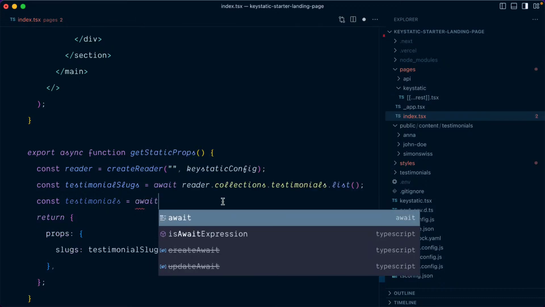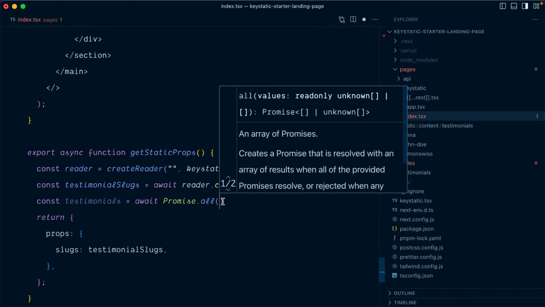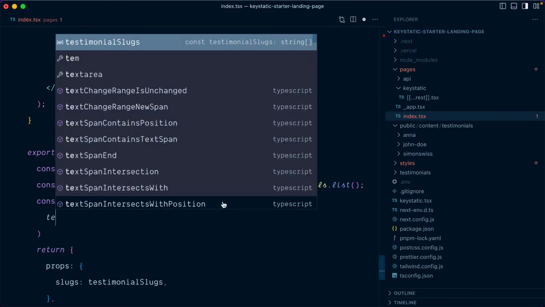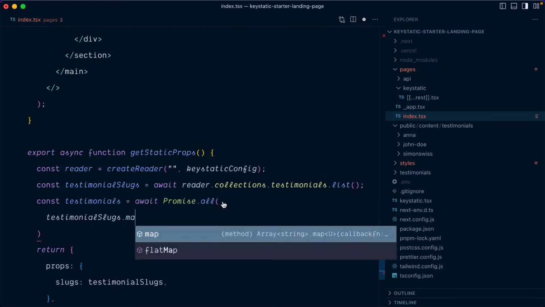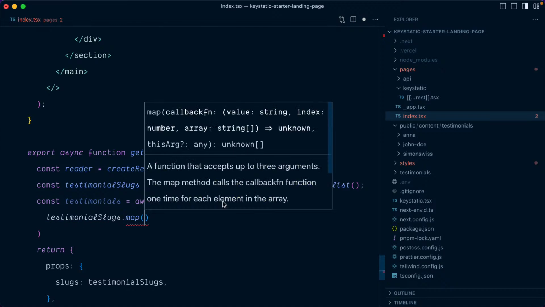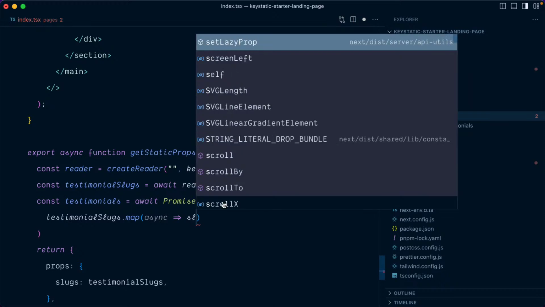So you've got to do await Promise.all to wait for all the promises. And then here testimonialSlugs.map, and here an async function. So for each slug,